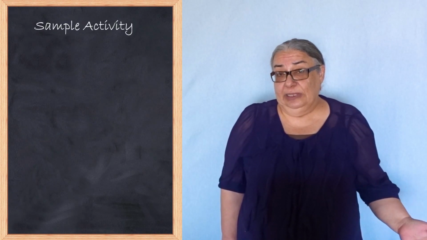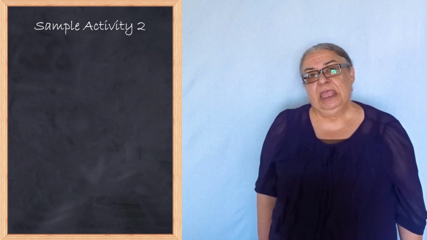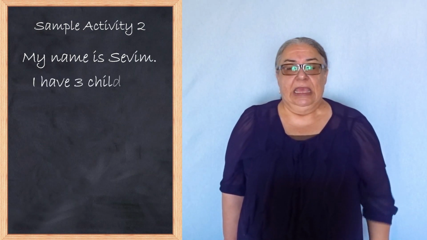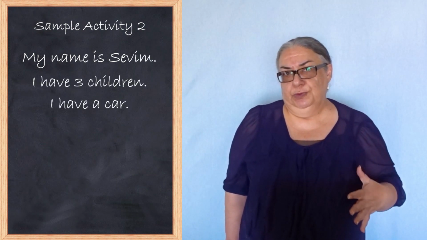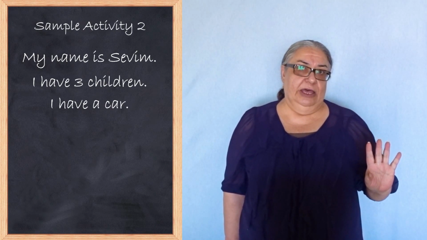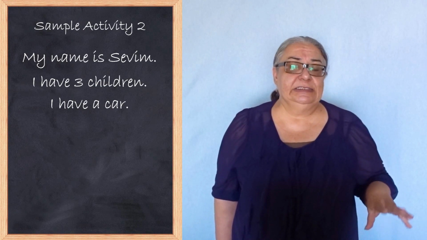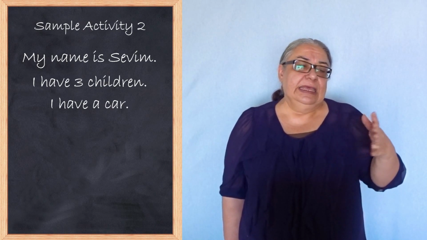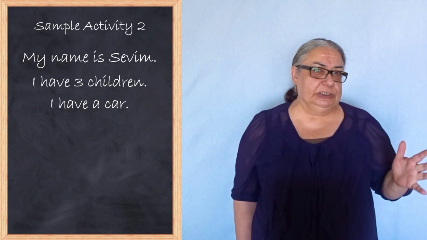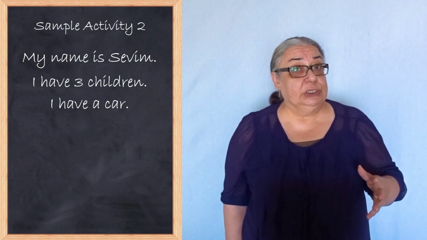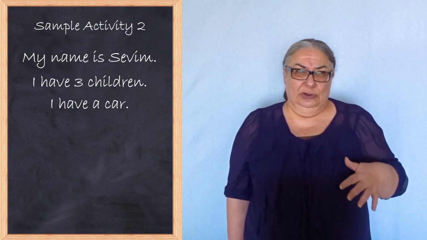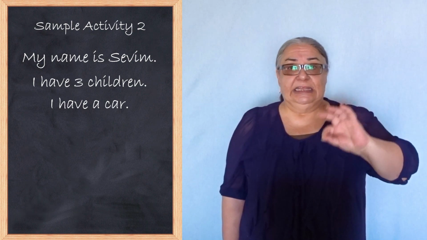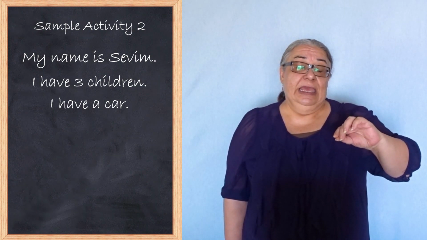Okay, another activity that I can suggest is write 3 sentences on the board about yourself. 2 of the sentences should be true. 1 has to be a lie. Okay? And then you're going to ask your students to guess which one is a lie. Now, remember, as teachers, we don't want to give too much personal information, but students are curious. They want to learn about your personal life, so you can pick your facts and one lie, of course, very